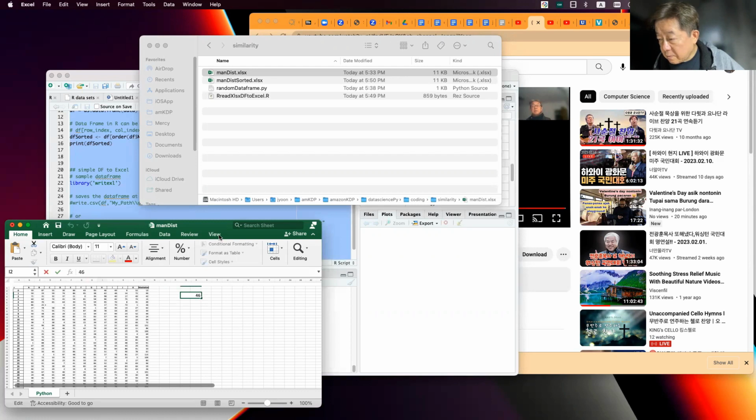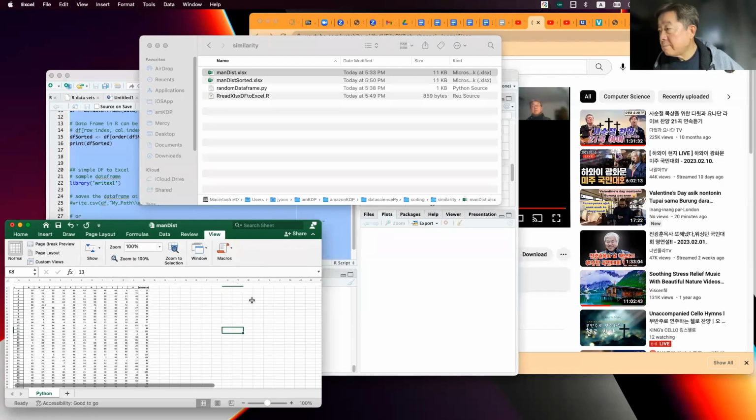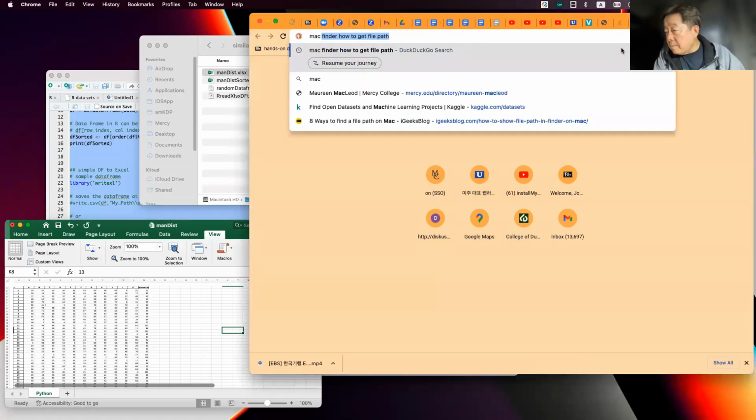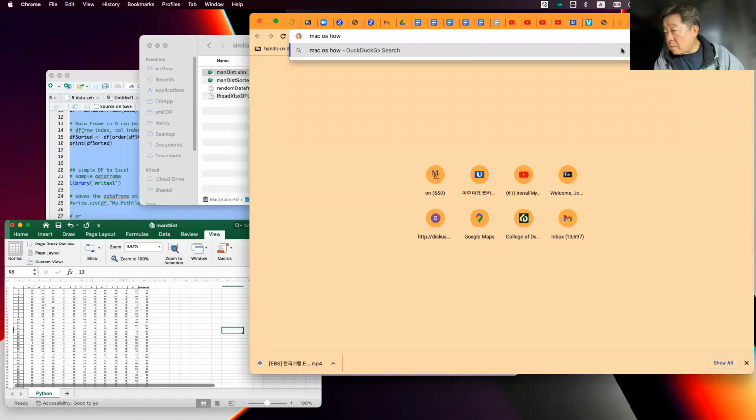No. View. Zoom. Let me see here. Mac OS, how to